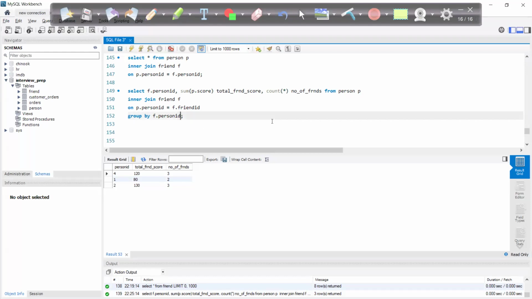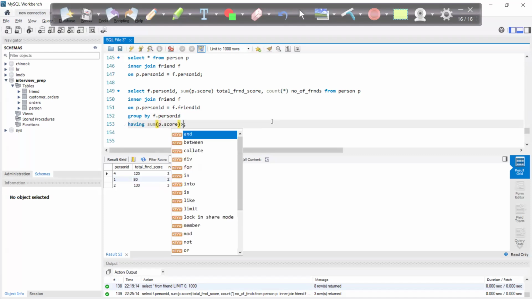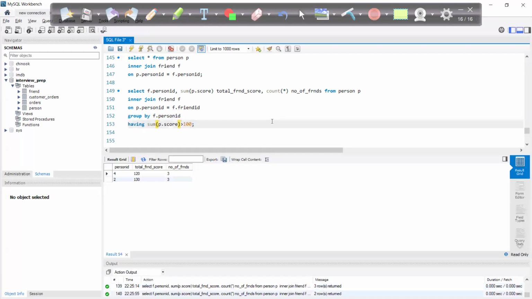So here I will say group by this, having sum of p score more than 100. ये तो बनते हैं, राइट। अब इसका अगर मुझे नाम चाहिए तो मैं वापस ज्वाइन कर दूंगा इसको, राइट।